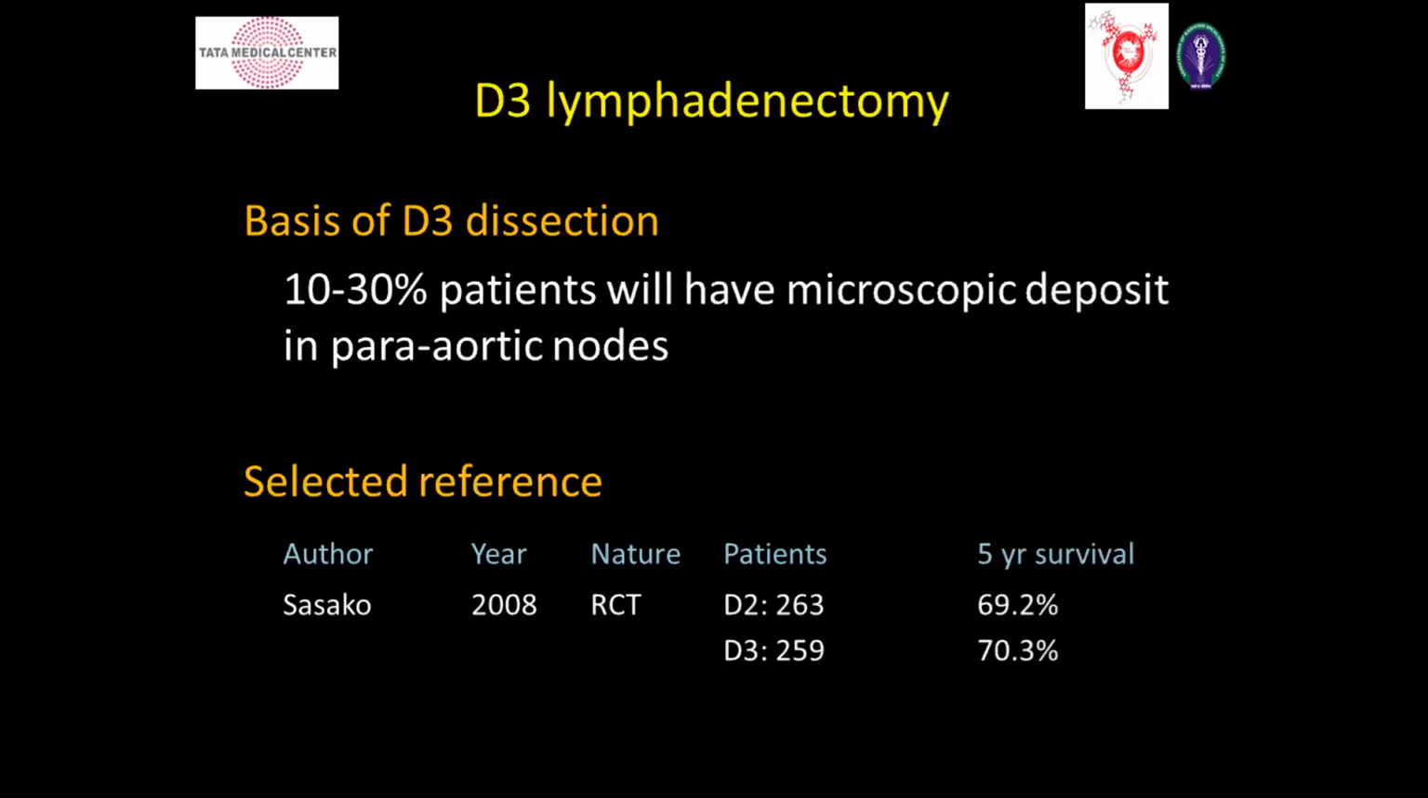Again, this RCT came from Japan, by Sasako. They have shown that between D2 and D3 there is no difference in 5-year survival. So D3 is not recommended. The standard operation is D2 gastrectomy in case of gastric cancer. Now, another important and technical